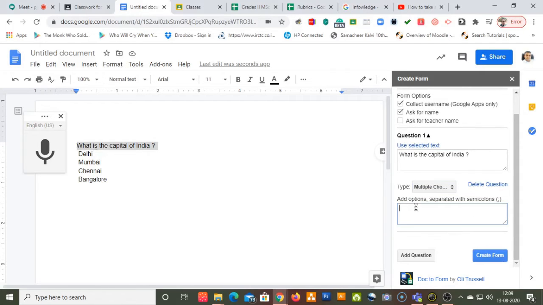Now take this, copy it here, and add options with semicolons. So don't forget to do that. After Delhi you put a semicolon, after Mumbai you put a semicolon, after Chennai you put a semicolon, and after Bangalore you don't have to put anything.